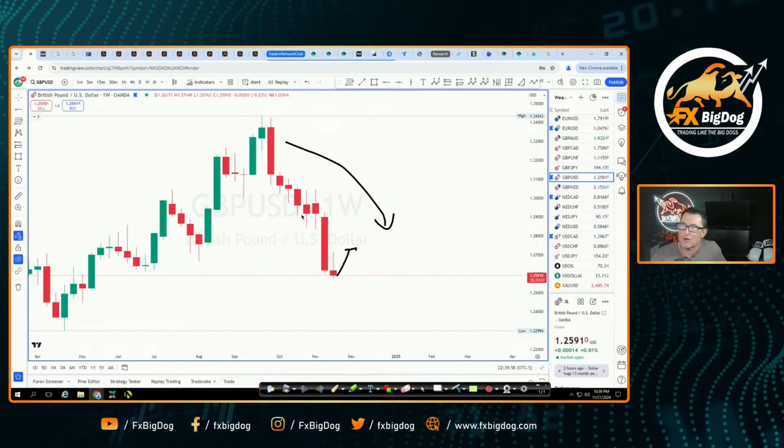But what goes up must come down, and what goes down must come up. Why? Because the market is always going to rebalance, right? There's always going to be inefficiency that needs to be rebalanced as well. So when we look at this right here, nothing holds forever. There's always going to be a rebalance. And so this is how we're going to see price want to come back and rebalance. So yes, we're going to come back up.